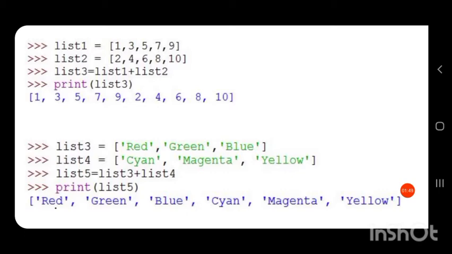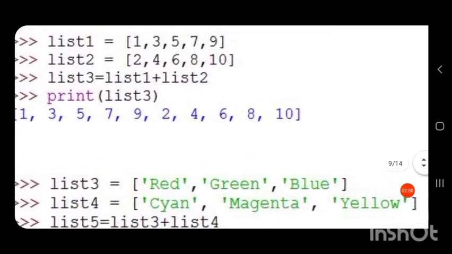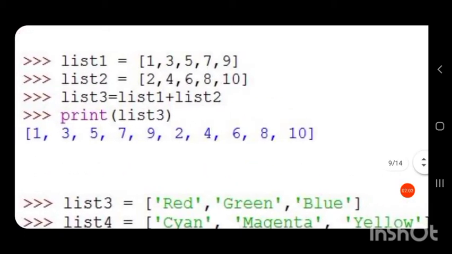Then we are concatenating these two lists and assigning the new list to a variable list3. That is, list3 is equal to list1 plus list2. Concatenation produces a new list and that list is stored in list3.